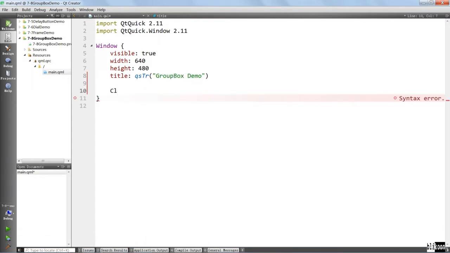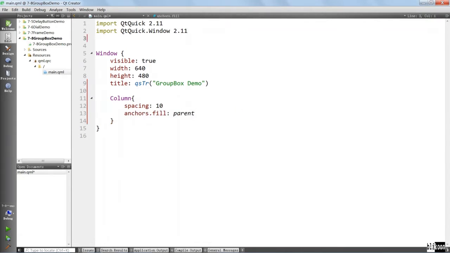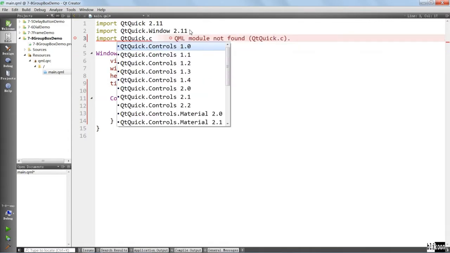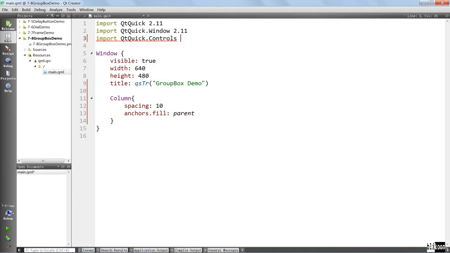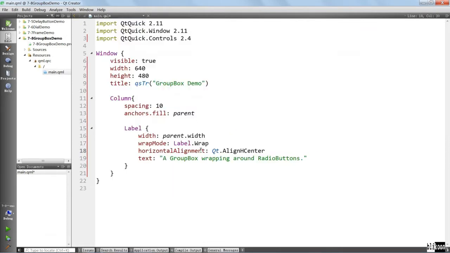Inside, we want to put a column component. Set the spacing to 10, and I want it to fill the parent. We have to include Qt Quick controls. So we say Qt Quick controls 2.4. And we want to put in a label component that says what this does. Okay, it's a group box that is going to wrap around radio buttons